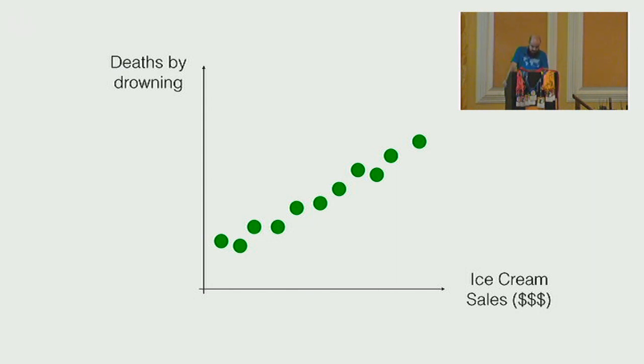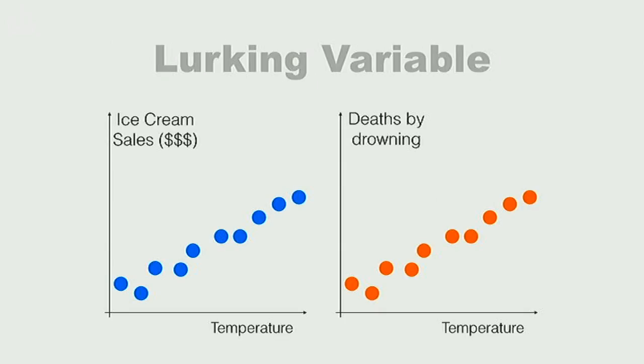Well, there is a concept that we need to introduce, which is the idea of a lurking variable. A lurking variable is a variable that is there, it's kind of looking at us, but we don't really see it. And again, talking about the weather, the lurking variable here would be the temperature. Nice weather, people go out more and eat more ice cream, and similarly, nice weather means people go out swimming, and therefore there is more probability of people randomly dying by drowning. So the connection between the two variables, ice cream sales and deaths by drowning, happens through this lurking variable.